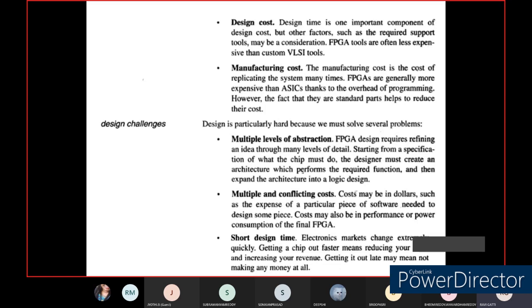The next one is the short design time. Nowadays in the market, in a very short span of time, different technology evolution takes place and we get different solutions for the same problem. So the design time has to be as minimum as possible. If your design time is minimal, then whatever solution we come up with for the market,